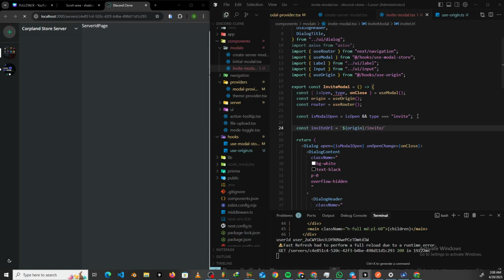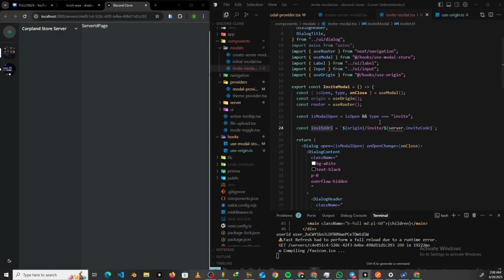slash server dot inviteCode, just like that. Alright, nice and clean. So we have this right here. We can just copy that. But it looks like apparently